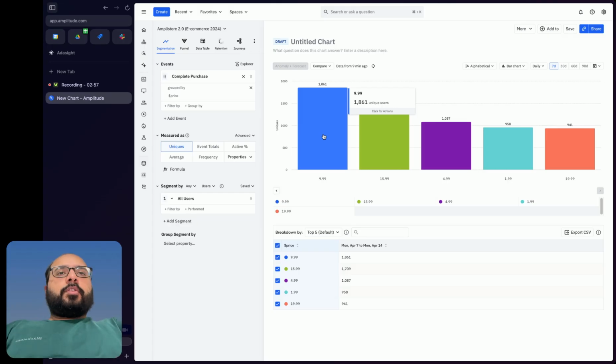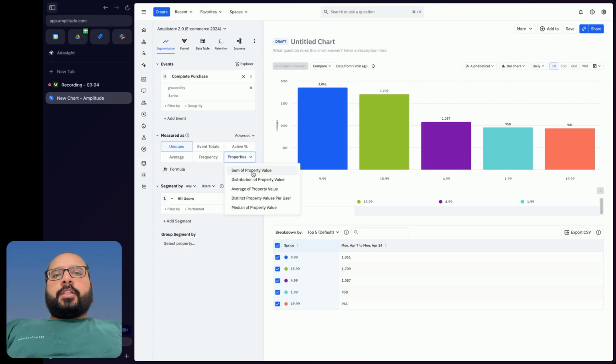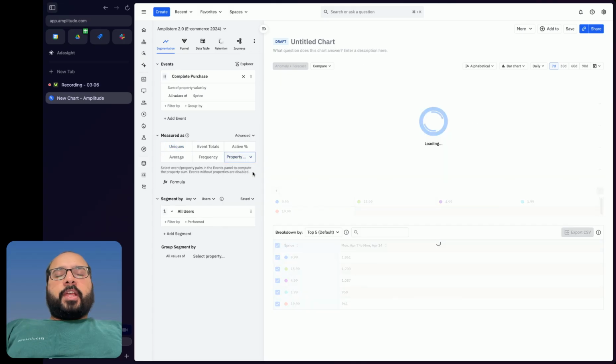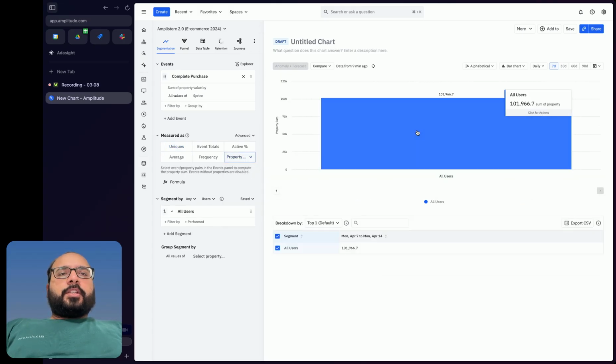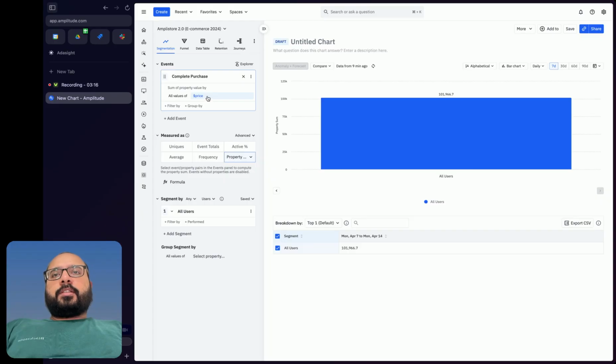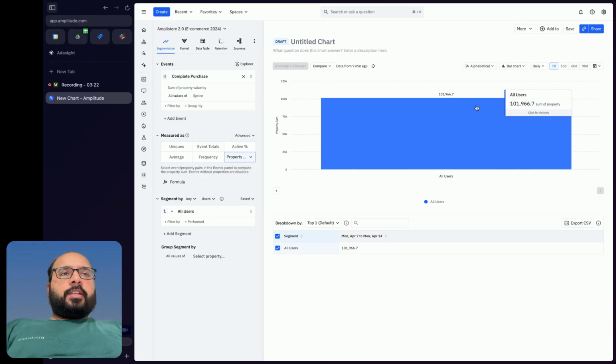But what if we want to look at the total revenue? Then what we can do is go to the properties section, and then select sum of property value. So now it is basically calculating the sum of all the events of complete purchase and summing the price value for all of these events. So here we can see that in a 7-day duration, the total revenue is